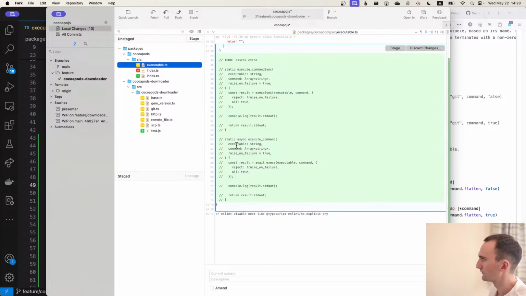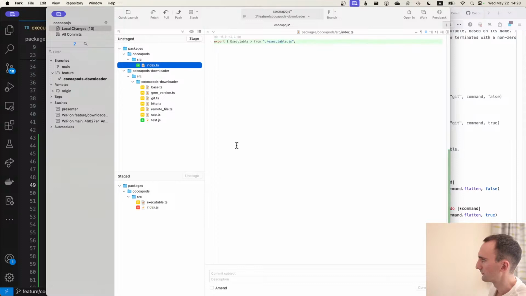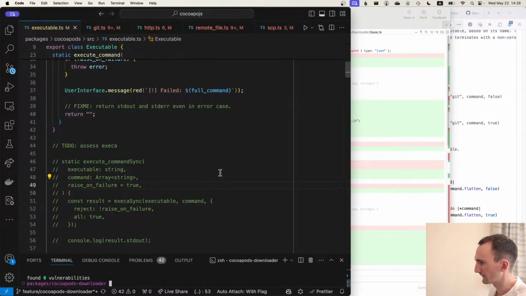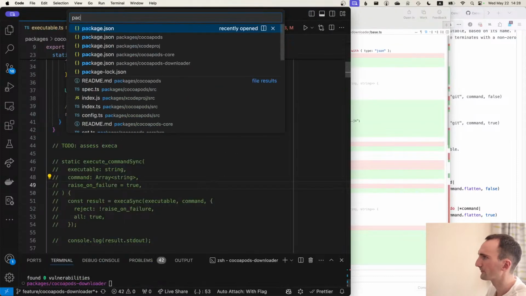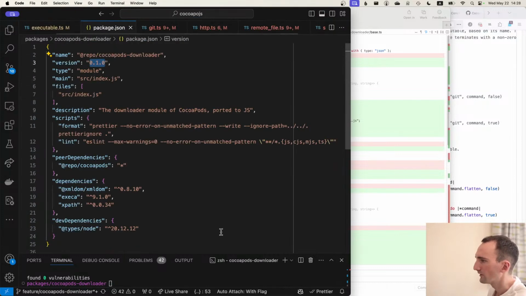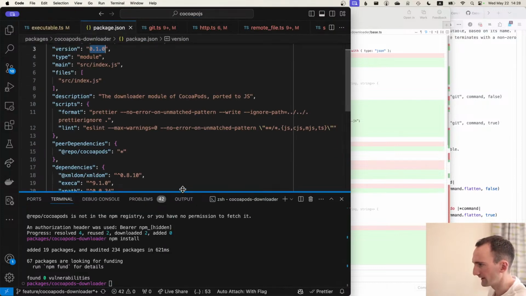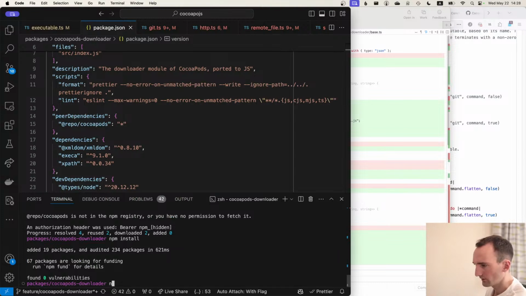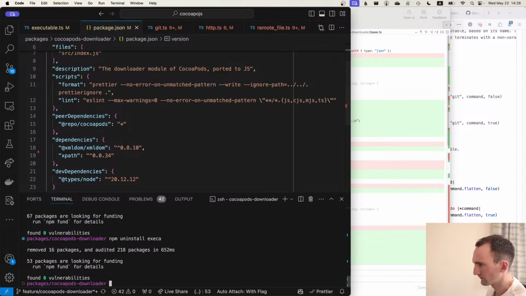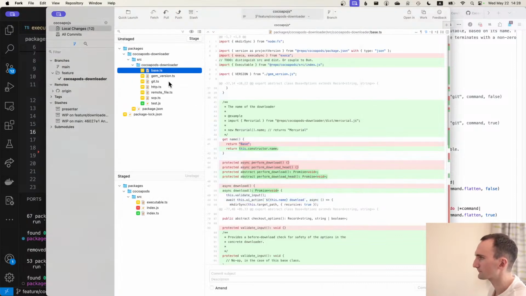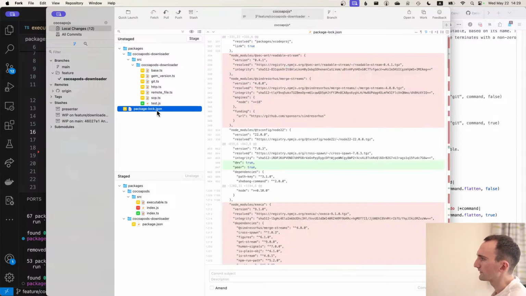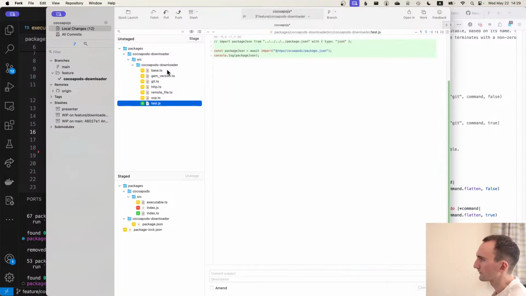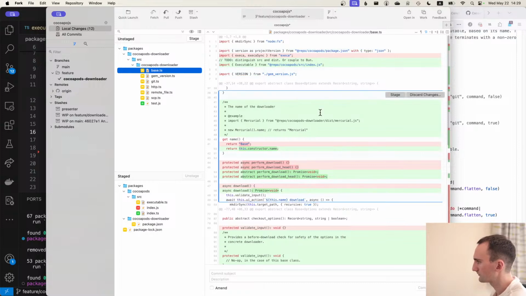So let's therefore go into CocoaPods downloader, package.json, and remove that execa for now. npm uninstall execa. Okay, actually,